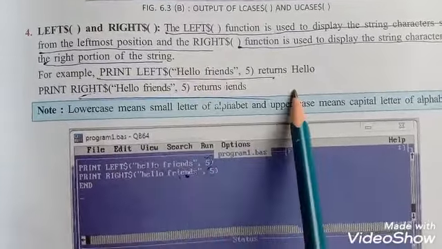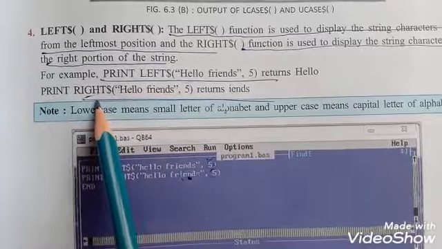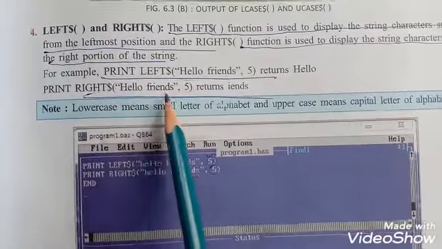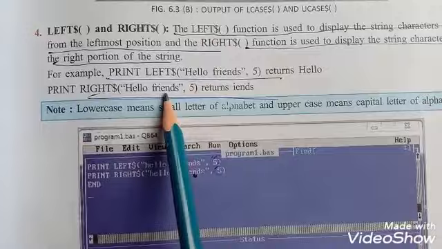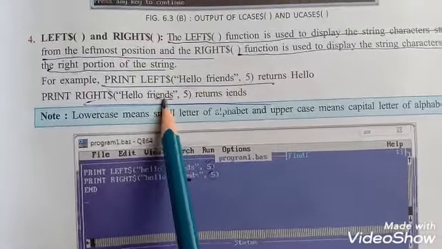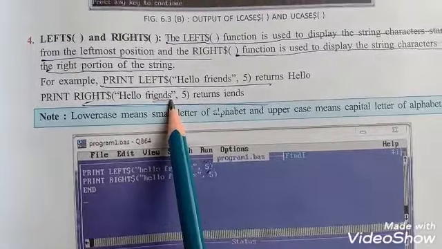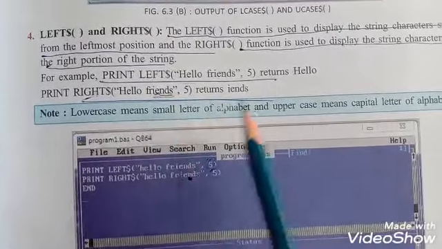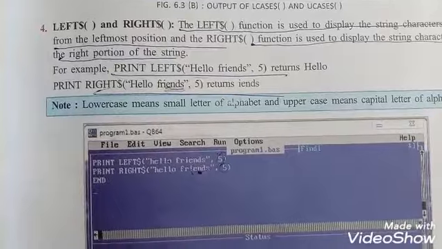Print right hello friends 5 displays the right portion of the characters.